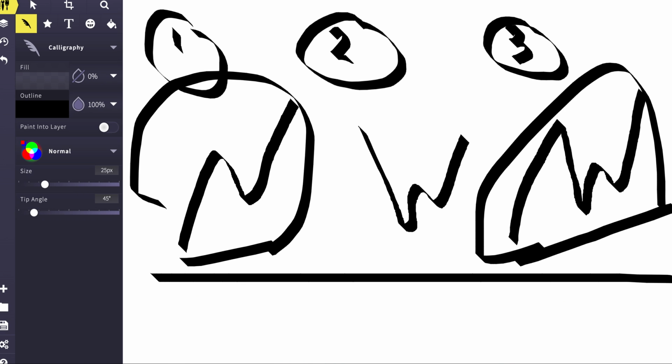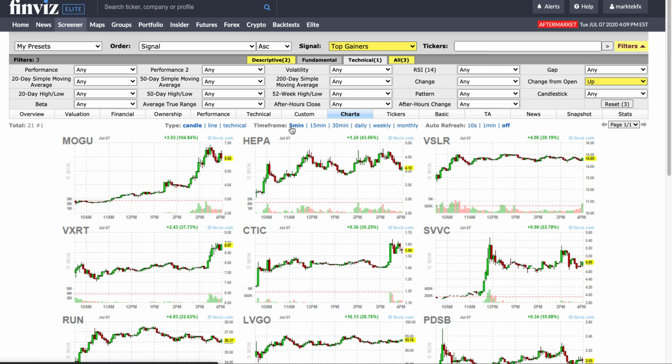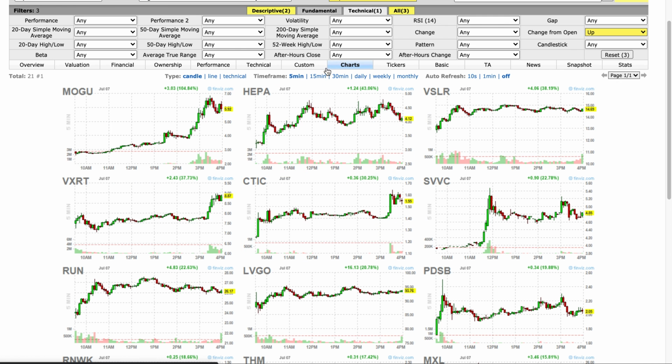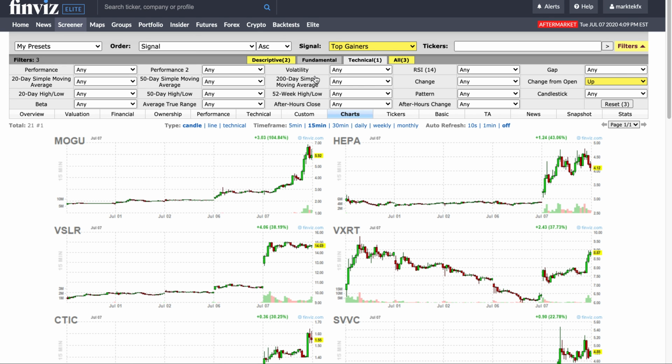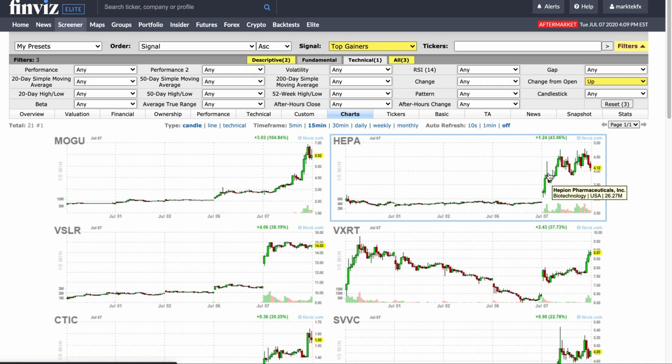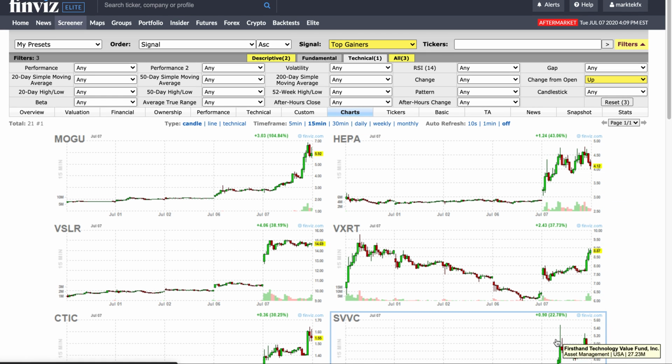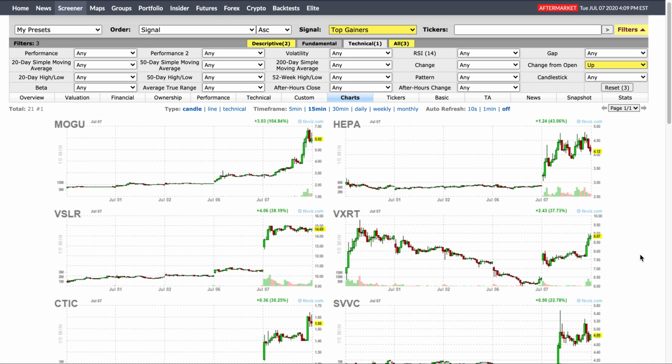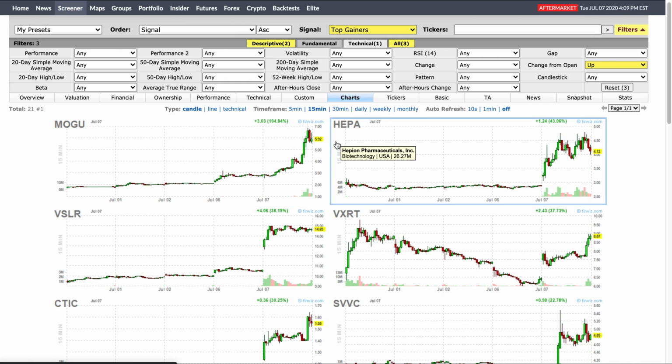If my criteria is to look at these chart patterns, then a really simple way is to get an Elite version and do 5 minutes, and then you can see these intraday patterns. If you're a longer-time trader, then you can easily do 15 minutes if you want. Once again, the same chart patterns you're looking at: move up, pull back, move up, pull back, move up. So it's very easy to find different chart patterns if you have the